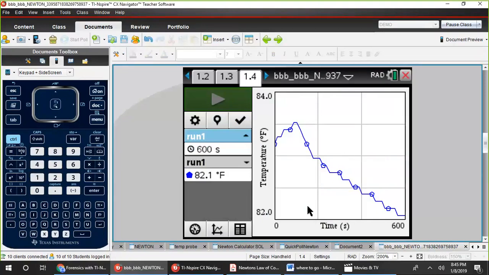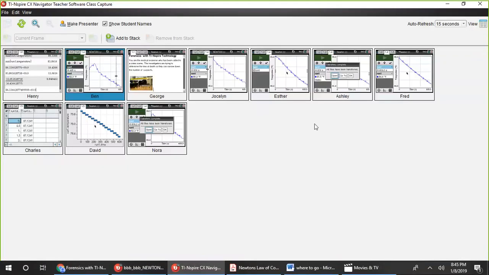It really is done very quickly by grouping the students earlier. So now all 3 students have the file and are responsible for all of the work, both the TNS file and the hard copy, and for checking each other's work. So between screen capture and this, it makes it much more difficult for one person in a group to do all of the work. And if I go to screen capture, you can see that, where are they? Here we are. Nora over here has received the transfer, and Ashley has received the transfer.